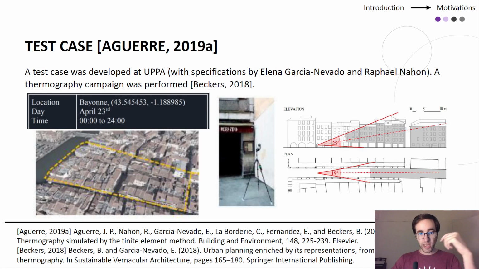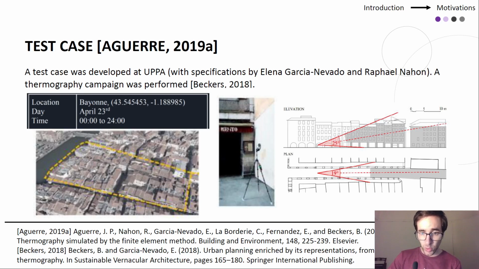And we have some previous results in which we simulated this campaign with a simplified model, assuming, for example, black body behavior. So we don't have any directional things. We don't have reflections. We only have emission of